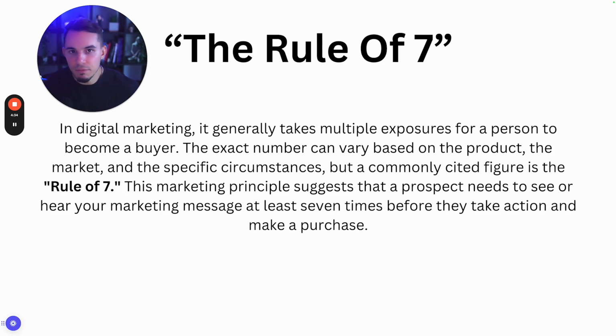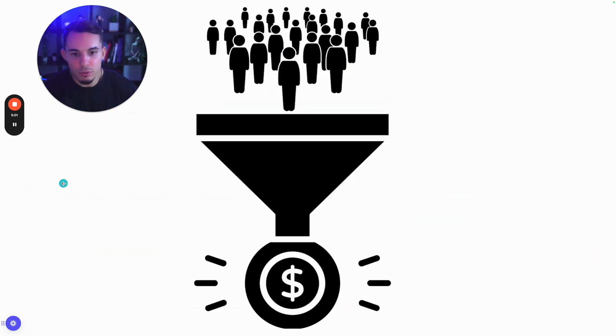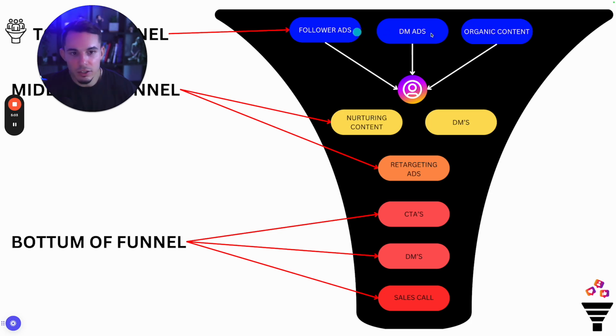And that can vary based on your offer, your market, circumstances, and your niche. But commonly, it usually takes about 7 times, right? These are just the principles that suggest that people need to see your stuff, hear your marketing, see your content at least 7 times before they make a buying decision, before they actually take action, before they trust you enough to become a customer. So again, only about 1 to 2% of cold traffic is going to turn into customers